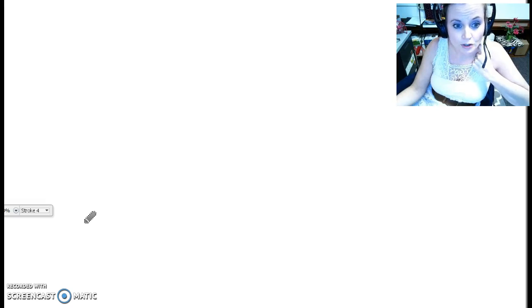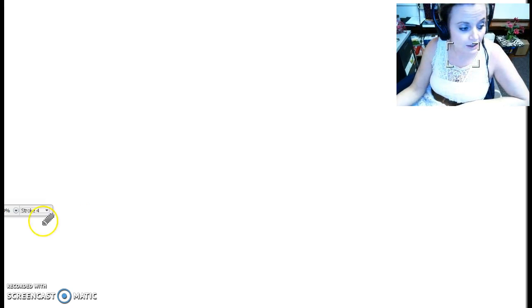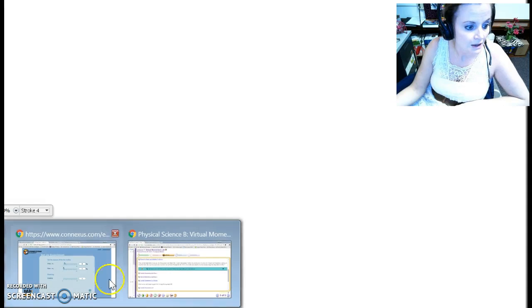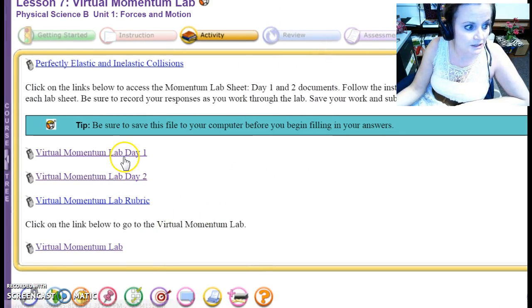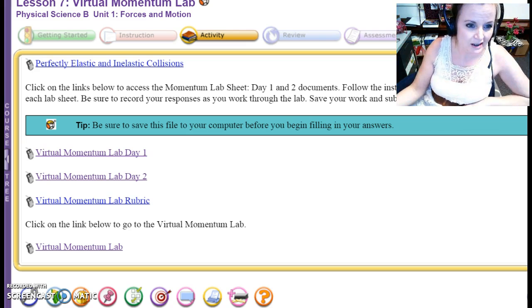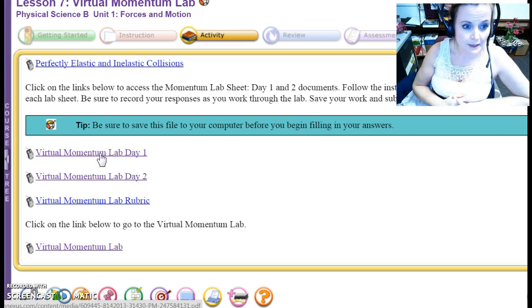First thing I want to say is that we are shortening this portfolio. It is quite long, and what is listed in the course tree here is just kind of too much stuff. If you can see here, we have a lab day 1 and a lab day 2. Don't do lab day 2. It's not necessary. That's just overkill. What we want to do is lab day 1, and what I'm emphasizing is the conservation of total